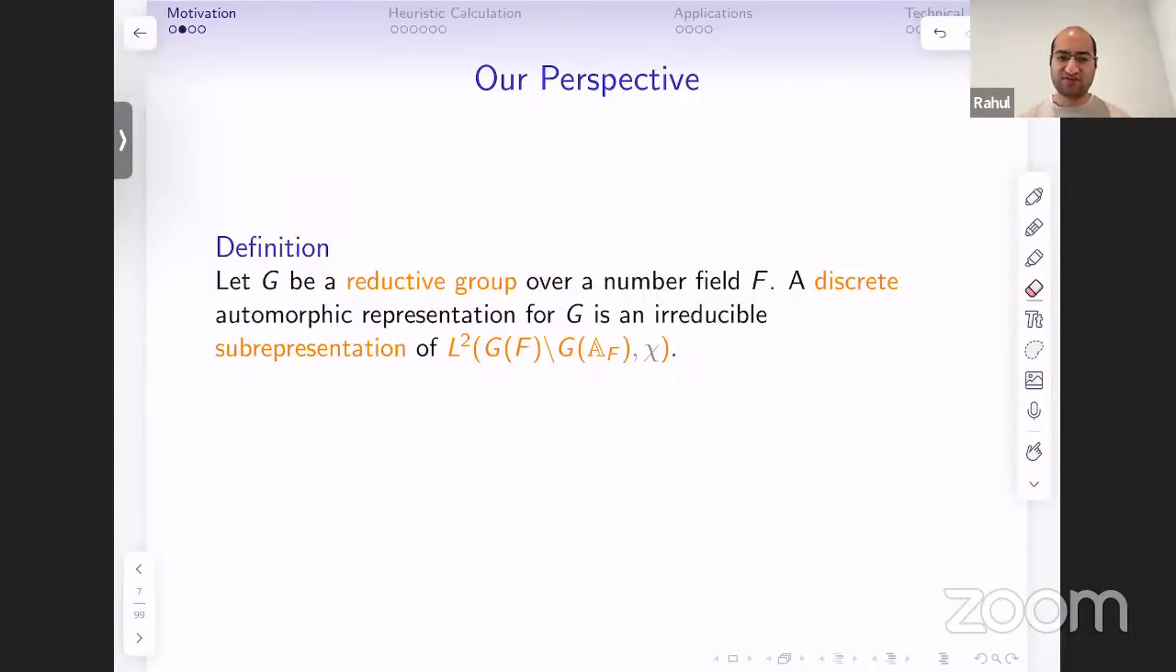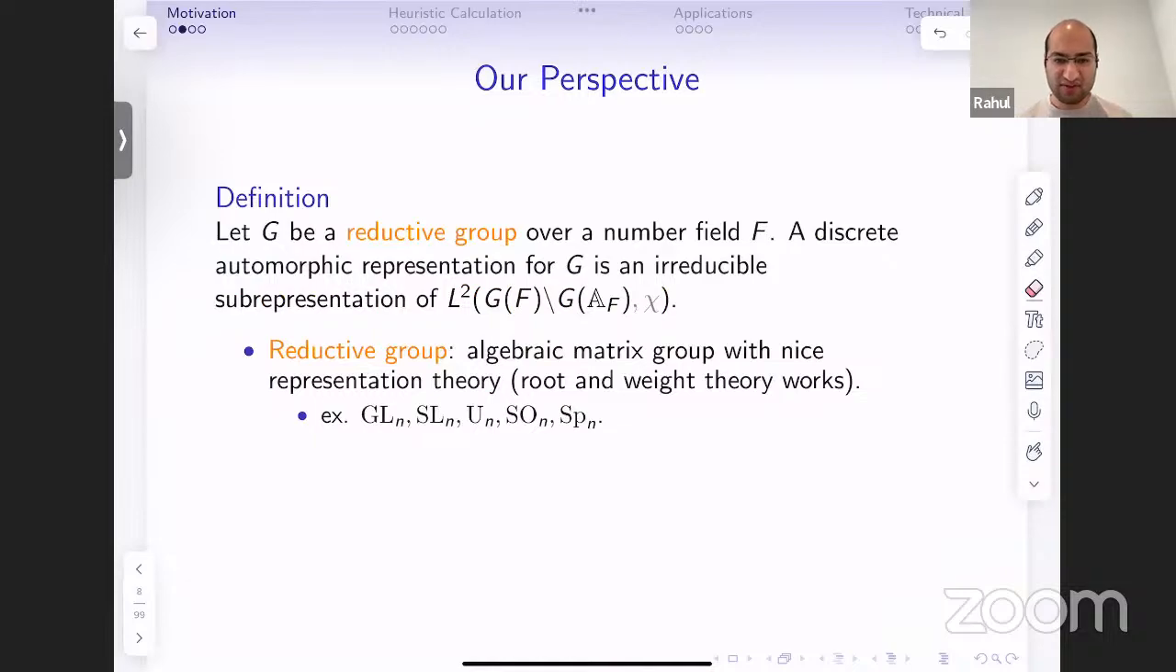So let's just review what all these words mean, and maybe just review again how this relates to the more classical perspective. So first of all, what's a reductive group? Well, a reductive group is basically a matrix group such that all the representation theory results you learned in a Lie groups class apply. So you can just pick one of your favorite matrix groups: GLN, SLN, unitary groups, orthogonal